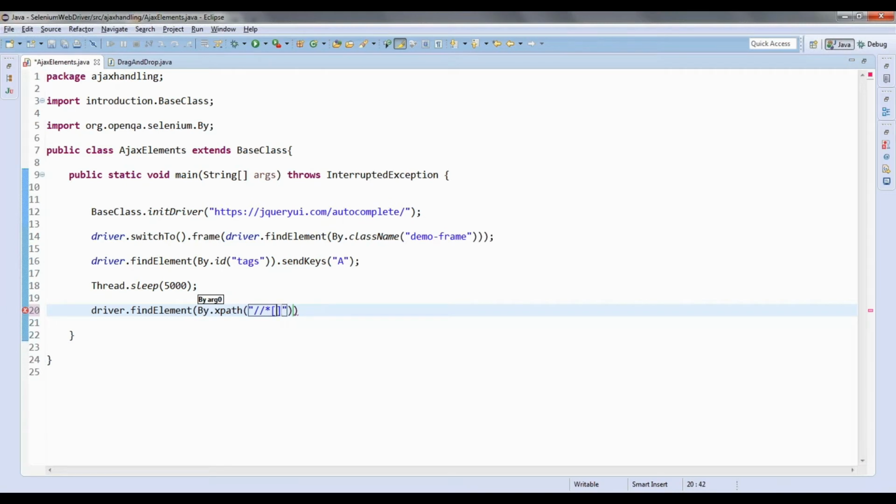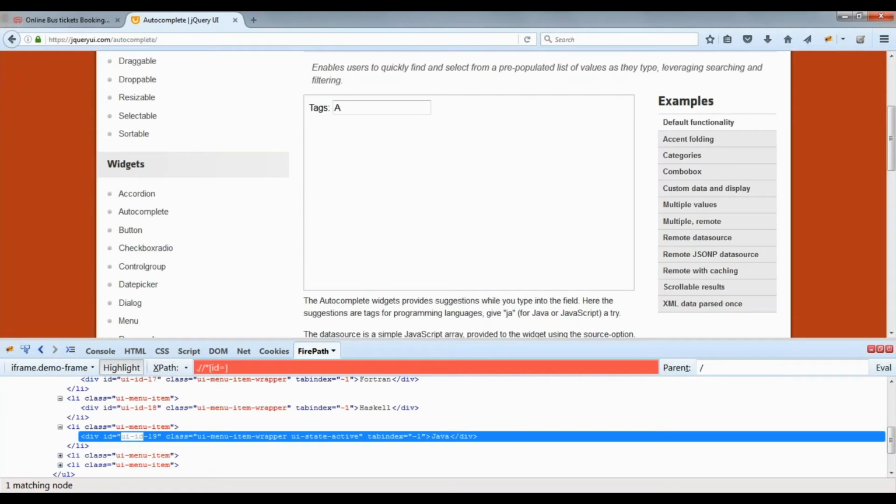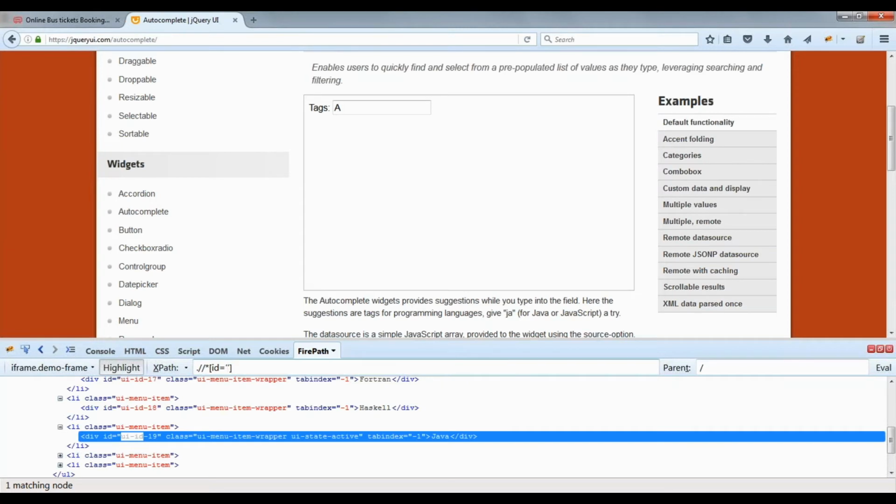Slash star. What is the XPath? ID. Can you show me that? Instead of that I will write it here, whatever you are saying. ID is equal to UI hyphen ID.